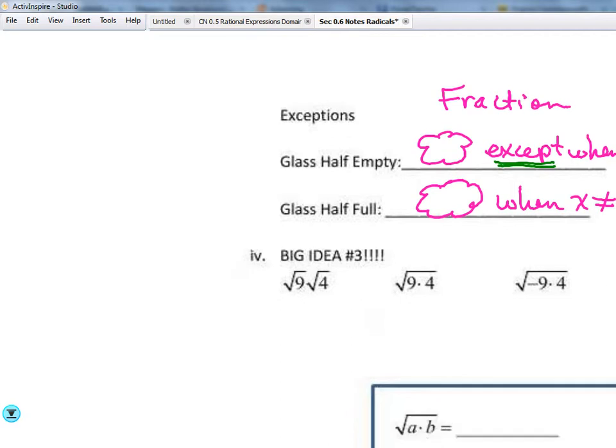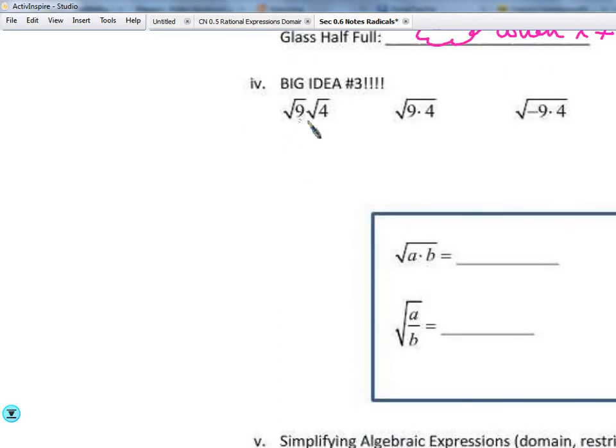All right, so now our third big idea. Square root of 9 times square root of 4. Square root of 9 is 3. Square root of 4 is 2. 3 times 2 is 6. You can treat this, perform this square root first, perform this square root second, because exponents come before multiply,